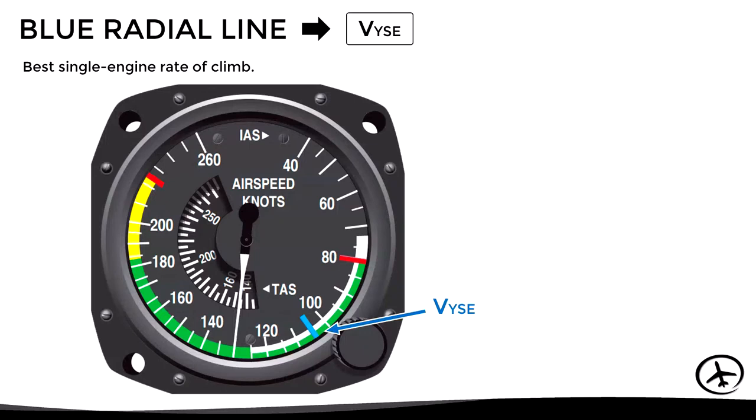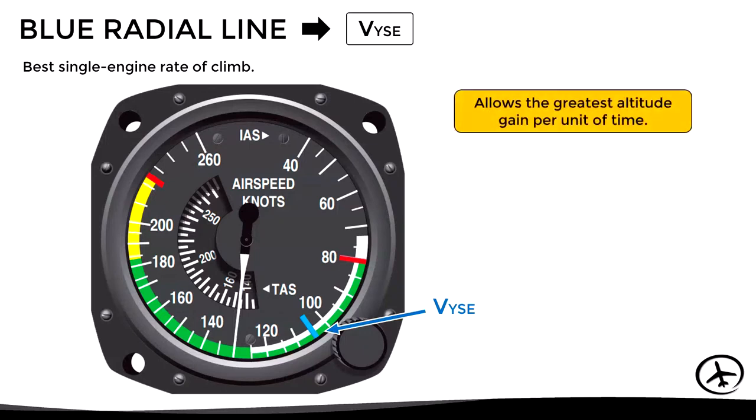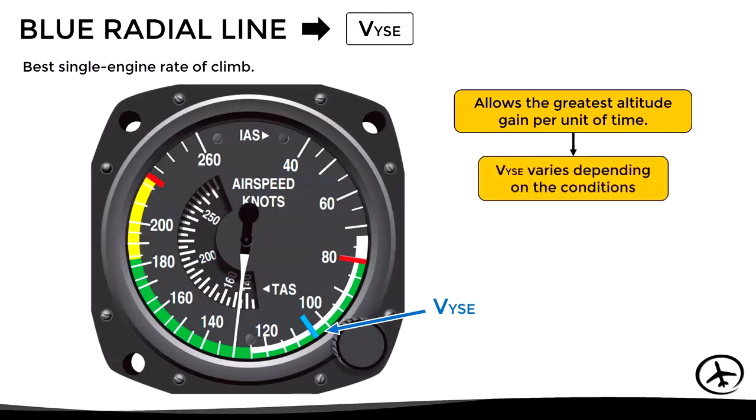this example. This speed will allow the aircraft to have the highest gain of altitude per unit of time and therefore is a very important speed to take into account in case of an engine failure, since in that situation, the performance is very limited. Now, something to note here is that the VYSE does not have a fixed value, it varies depending on conditions. So, the speed marked in the instrument with the blue line corresponds to the actual VYSE